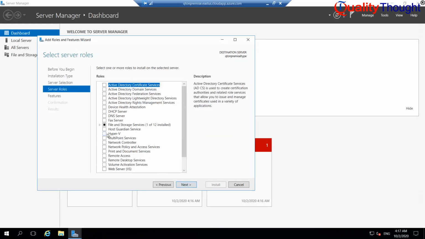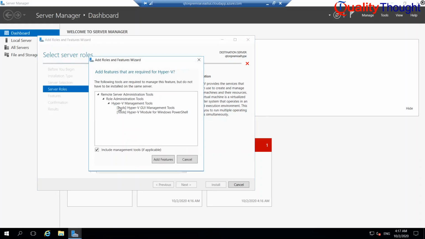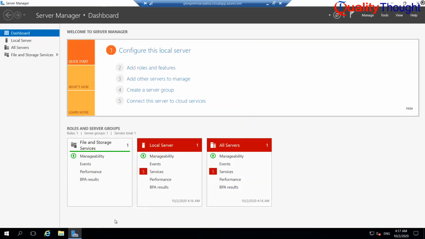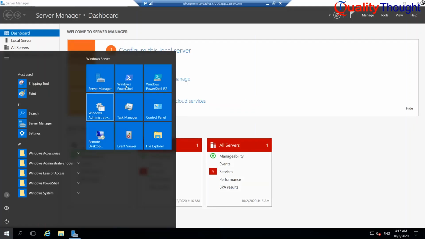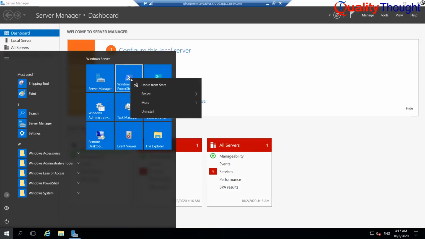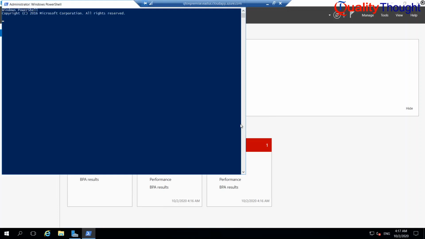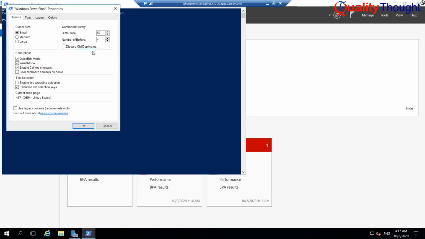If you are seeing Hyper-V over here, we would add the Hyper-V role and features. You can do it in this fashion, but I'll be using a PowerShell script as given in the documentation. So let me open PowerShell, run as administrator. Let me change the font size for better visibility.